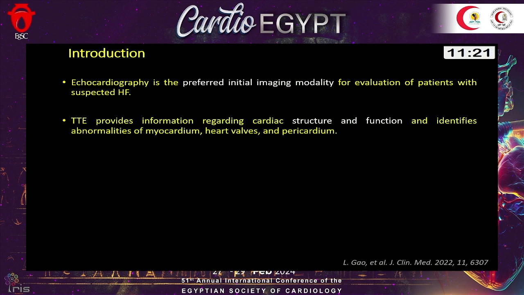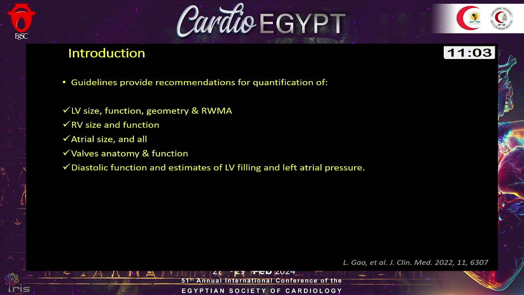Or if you are giving the patient medication that can actually impair the ejection fraction, like chemotherapy, again, echo is indicated for serial follow-up. Or if the patient had any change in the clinical status, again, transthoracic echo at least will be the first screening tool to check if anything went wrong or if the symptoms are not related to the heart. That's because transthoracic echo basically gives us an idea about many things: the LV size and function, the geometry,